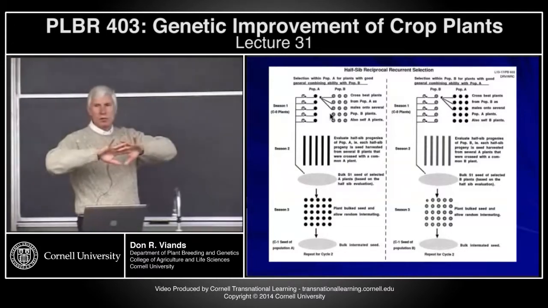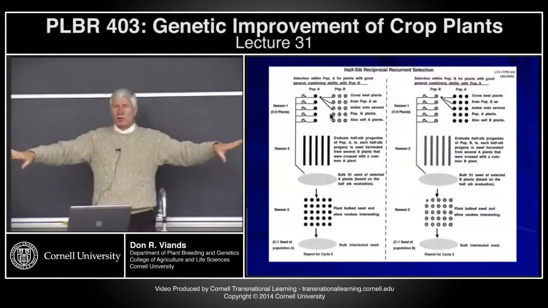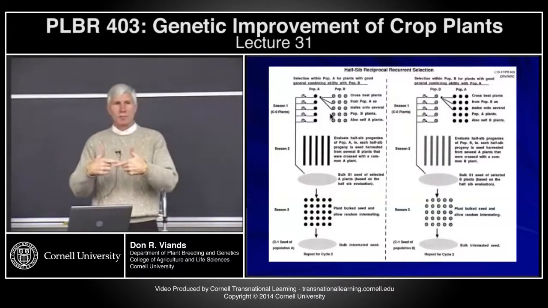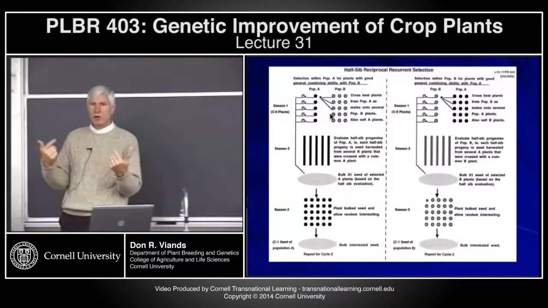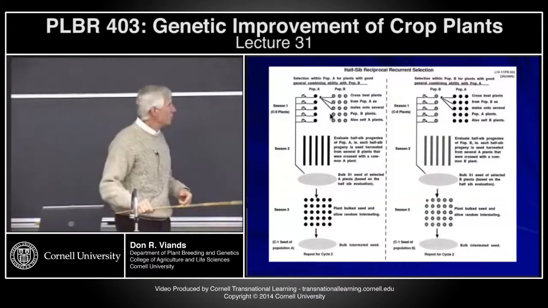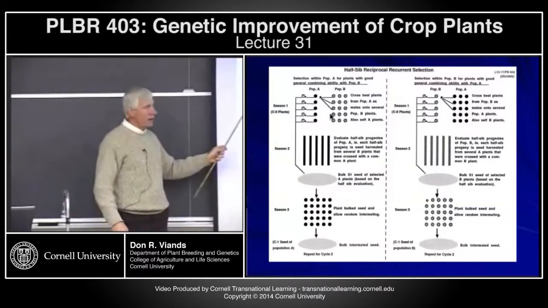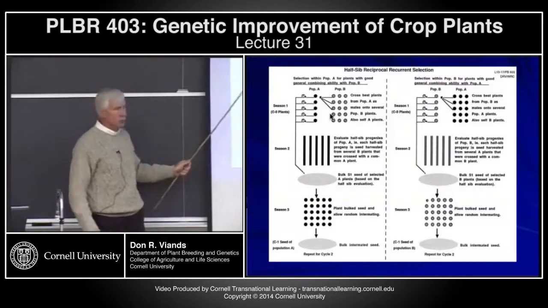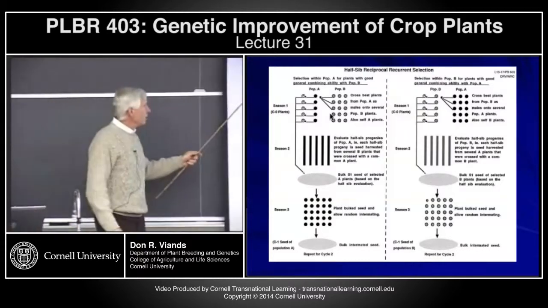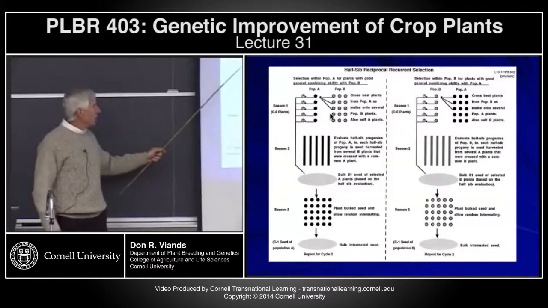But you need to keep the 2 populations separate until the very end, until you're ready to extract material out to produce that final cross to be the hybrid variety. Otherwise, it's hard to find plants that will nick well together to do that. So you're just using B as a test population with A to identify the superior A plants that will cross well with B. But then, to keep the population separate, you'll take